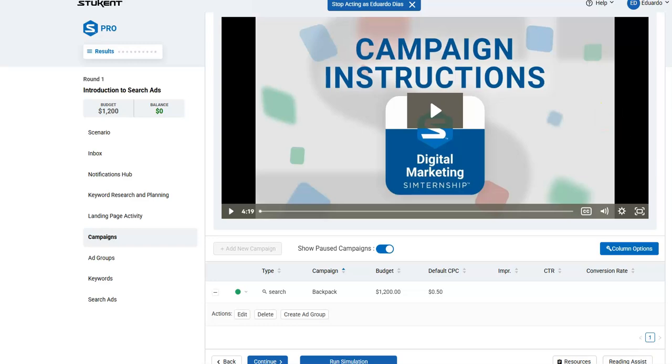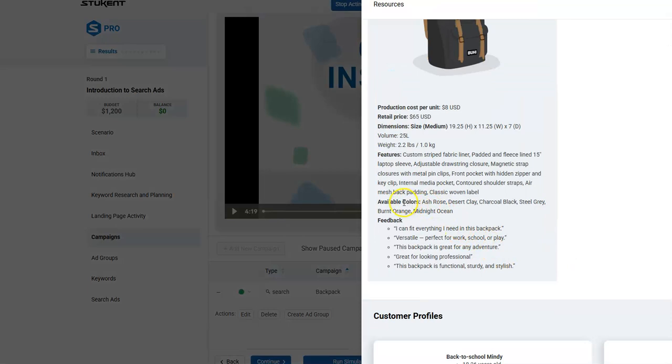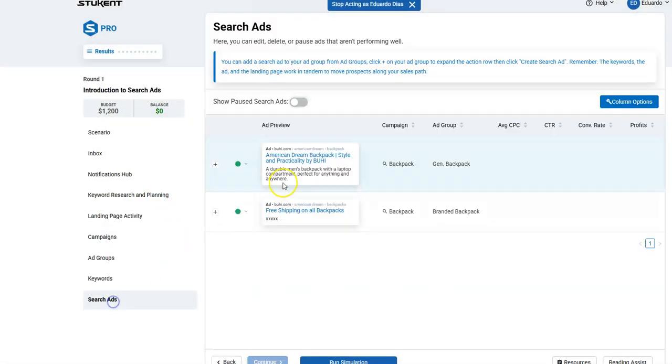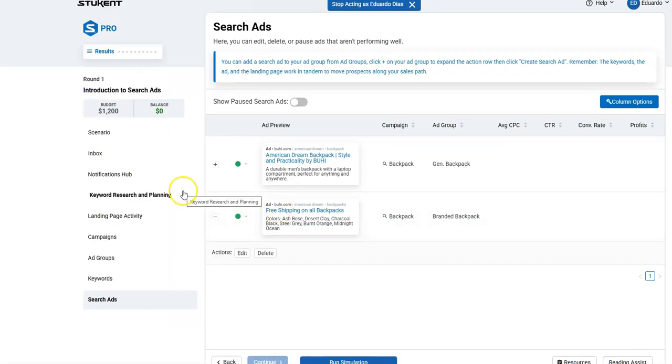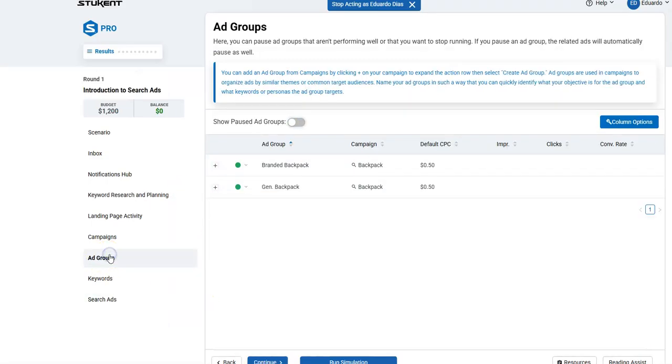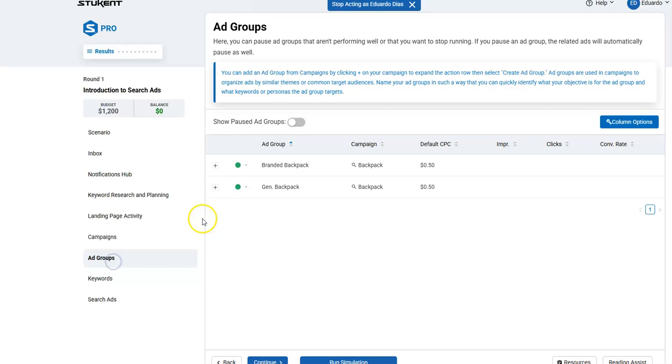Click continue. But let me go back into resources. Sorry. Copy and paste that in there. And then this way you could update as needed, or feel free to change. But at least I gave you a head start on that. So now you have two ads, two ad groups, multiple keywords, but we need to move the keywords over from one to the other. So let's go back into your ad groups,